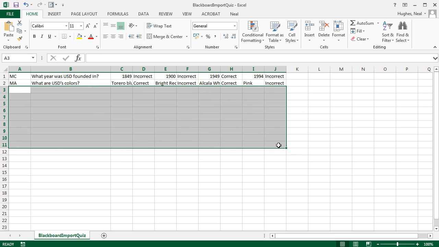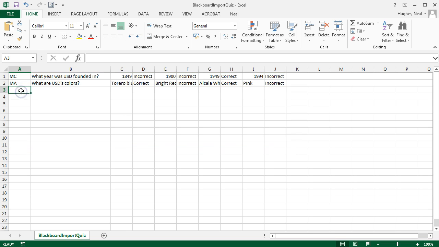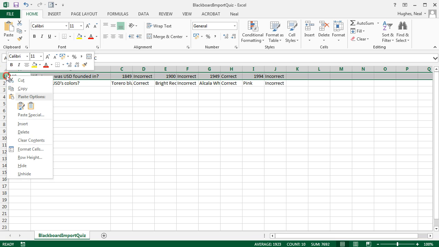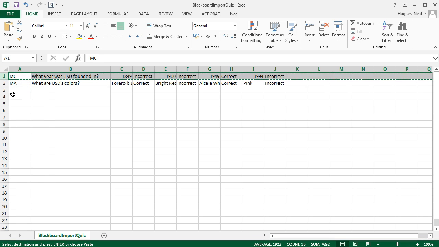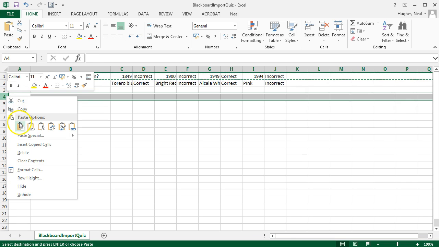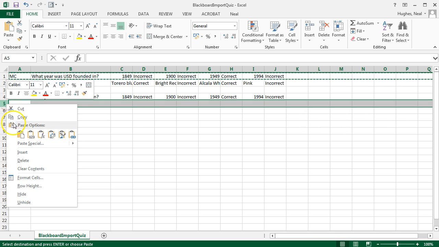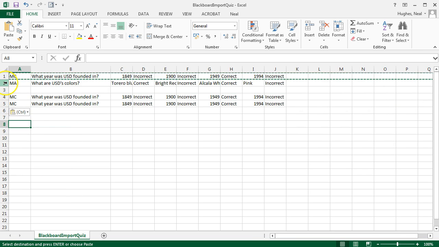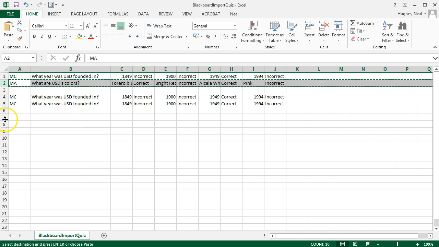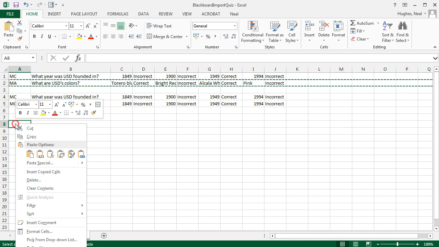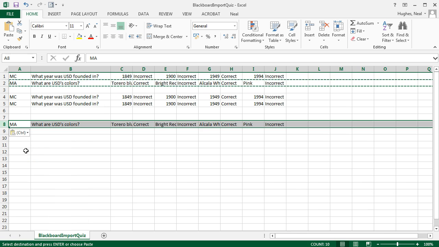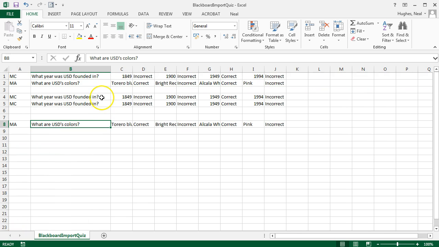So I'm just going to delete the other questions away. I'm going to keep the template remaining. You can select a row, right click and copy, and then select another row and paste. And you could paste these multiple times if you wished. So that's right click, copy, click into the row where you'd like them to go, and then click paste. The reason that you copy and paste is because then it's easier for you to modify the questions to upload